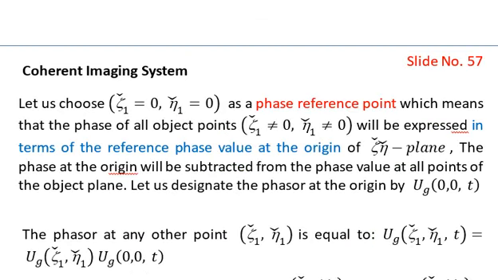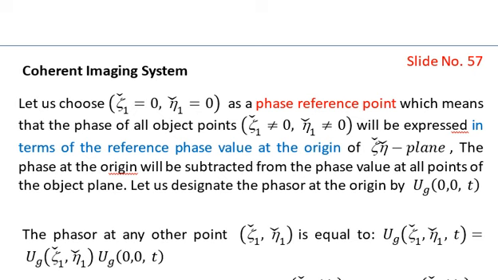Coherent imaging system. We started earlier, in the previous slide, with the polychromatic light sources. Here we are going to discuss the coherent imaging system for such a narrow band polychromatic light source. Let's assume that zeta 1 and eta 1, that is the origin of the coordinate system, where zeta 1 is equal to 0 and eta 1 is equal to 0, is a phase reference point, which means that the